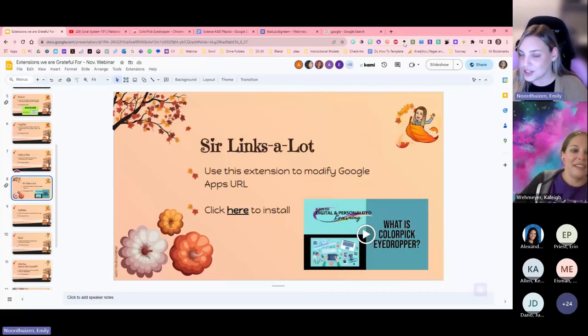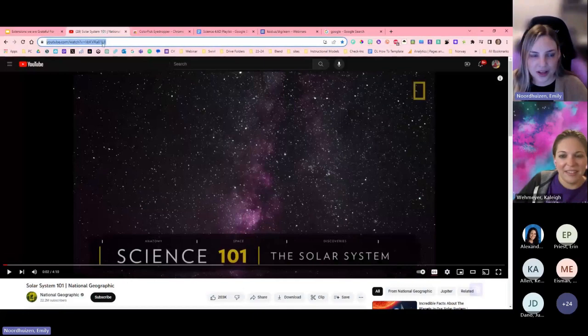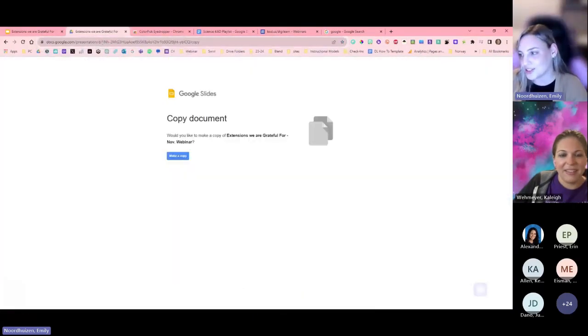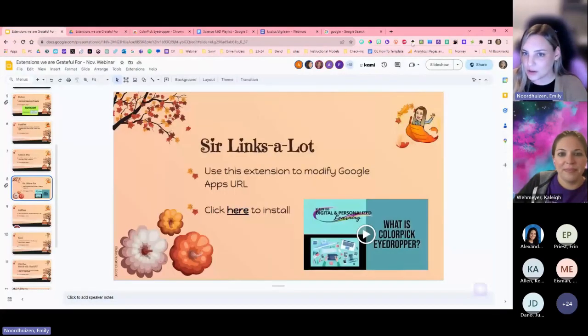This is actually the extension up here. Sirlinks a lot looks like a little guy with a hat on. I choose force copy, and then I'm going to copy that link to clipboard. This is what most people see when people share things with them, and we actually are not a fan of this, because you cannot see what it is. But what I love about Sirlinks a lot, and you can hand type this as well,